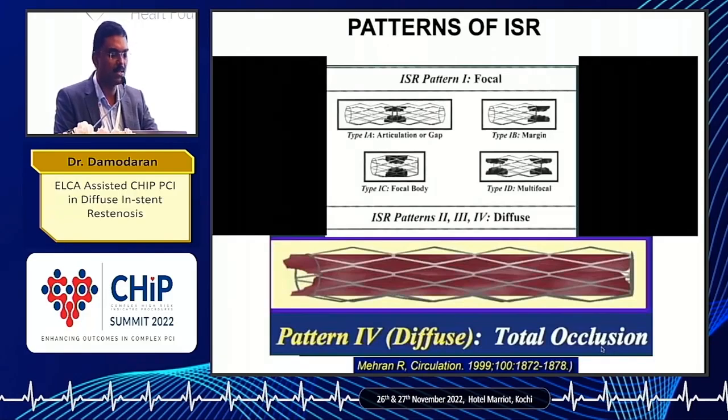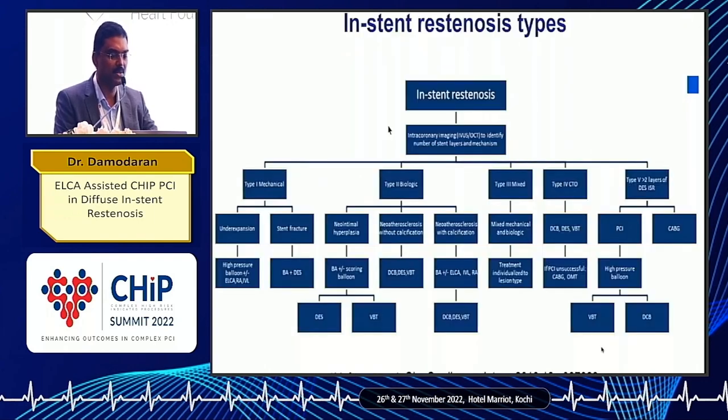Let me just focus on the diffuse in-stent restenosis. We are all aware of this slide by Mehran, and type 4 is diffuse or chronic total occlusion, where I am going to discuss the case examples. This is more than laser. I am just going to give a brief approach on management of in-stent restenosis, and this is the latest